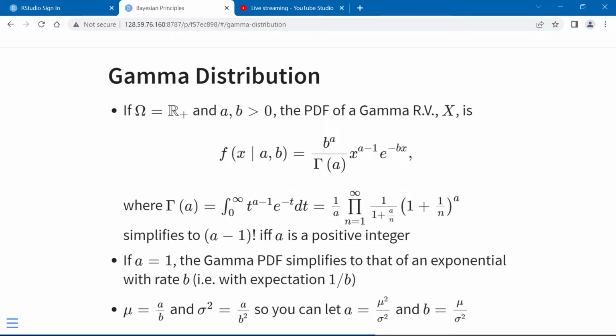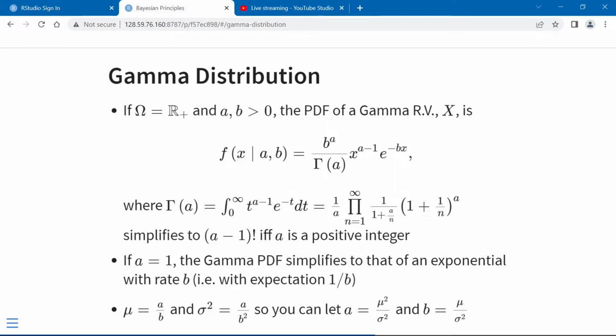If the only thing you know about the random variable is it's positive and you know what its expectation is, the distribution closest to uniform that's consistent with those constraints is exponential. But if you believe something more than the expectation, then the gamma gives you two hyperparameters, a and b, with which to